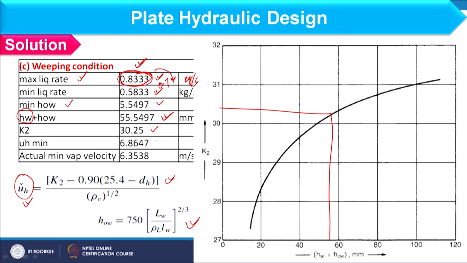So you can find the value as 6.8647, right. So this is the minimum vapor velocity at which weeping will occur. Now we will check the actual vapor velocity. Okay. Actual vapor flow rate